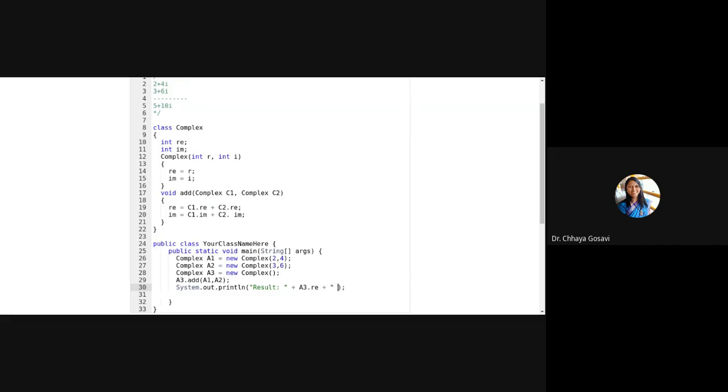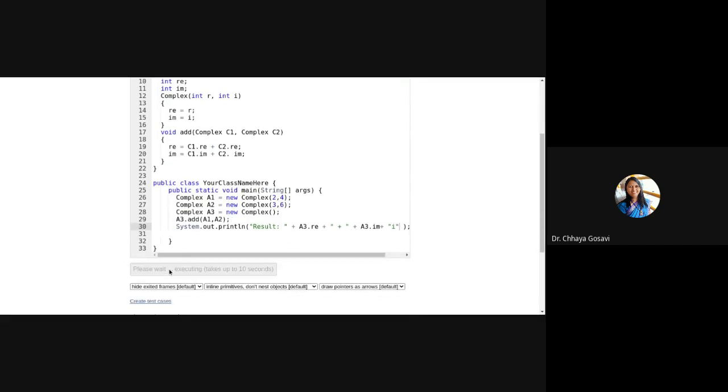I want to display a plus sign. A3 dot imaginary. Concatenation operator. Then I have to print i as an imaginary number. I hope, yes, it is correct.